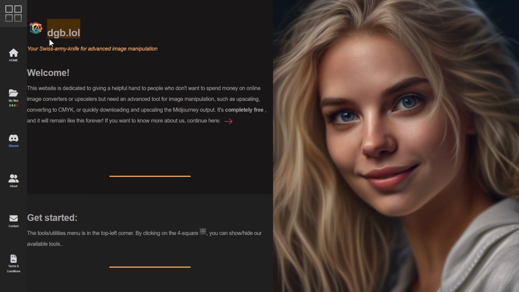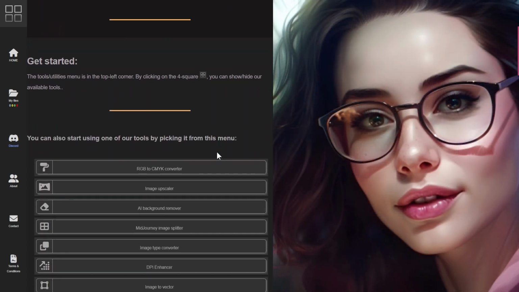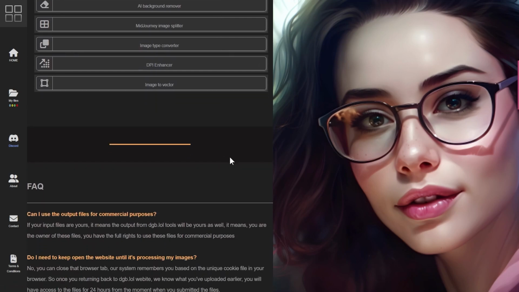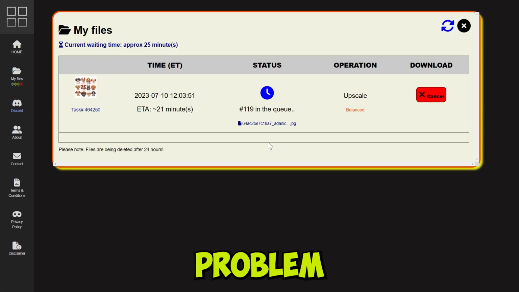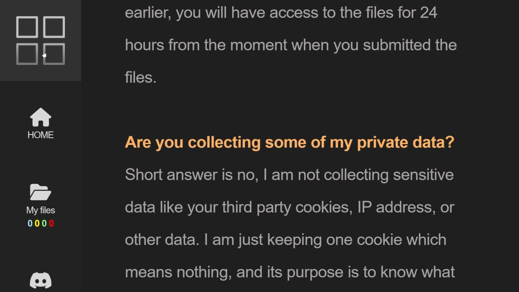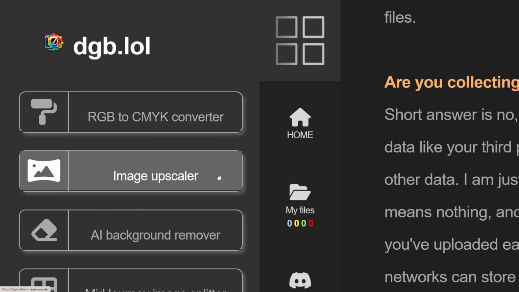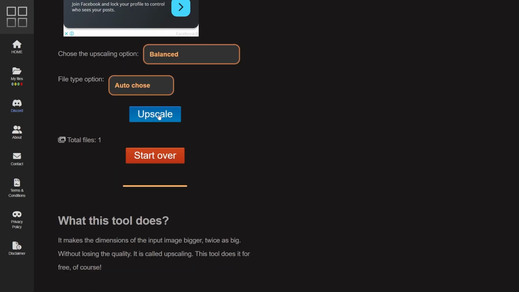Then I found this website which is totally free to use and allows you to upscale as many images as you like, and the results are also very stunning. The only problem is you have to wait before you can download your upscaled image. To upscale your image using this website, just click on the 4 boxes, then click on Image Upscaler, drag and drop your image and let the AI